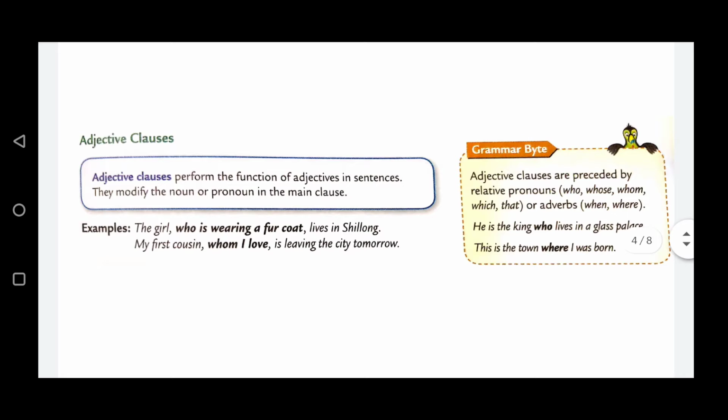Now next is adjective clause. It's very simple again. Adjective is something that describes your noun. Therefore, adjective clause performs the function of adjectives in a sentence. They modify the noun or pronoun in the main clause. The girl who is wearing a fur coat lives in Shillong. So, who is wearing a fur coat? It modifies the noun the girl, or it tells more about the noun the girl,